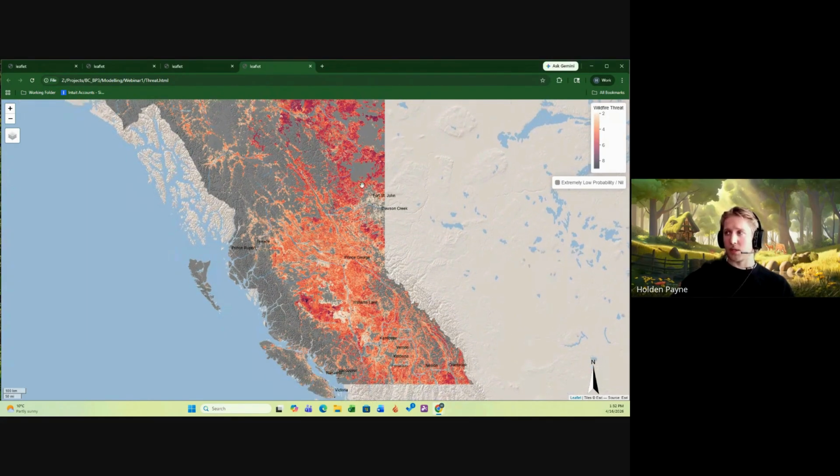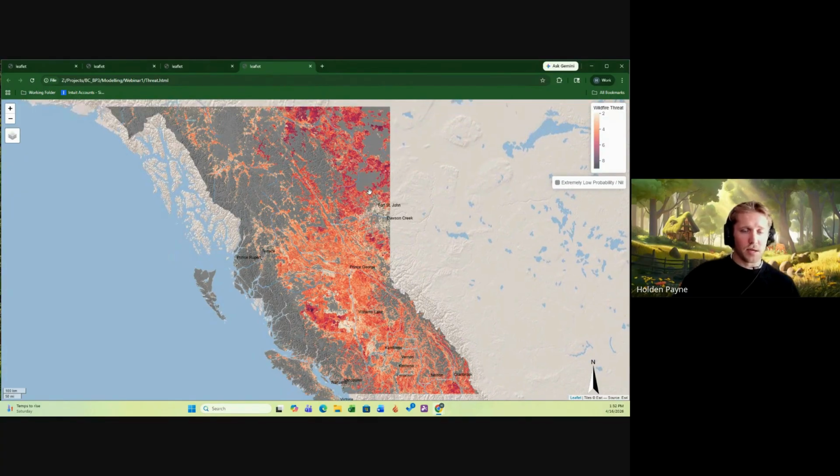And it's just a relativized scale of 0 to 10. We will consider different landscapes and fire behavior and then decide what levels are low versus moderate versus high versus extreme threat. So the maximum for BC that we got is a value of 8. So it's not actually relativized to 10 here. To get a value of 10, you would need to have the highest burn probability, the highest rate of spread, and the highest head fire intensity in one area.